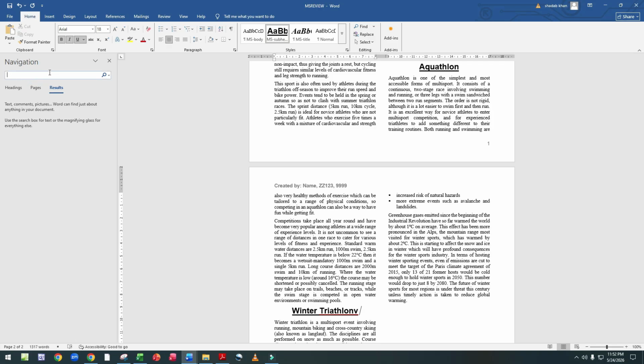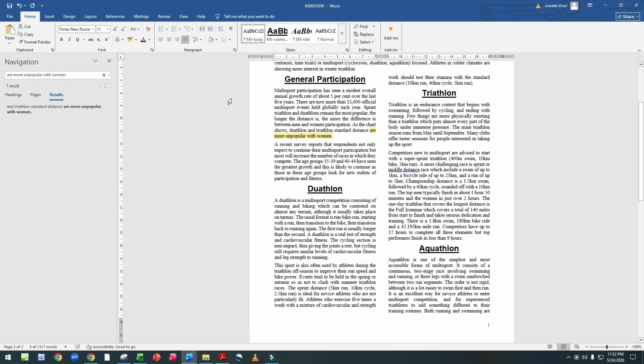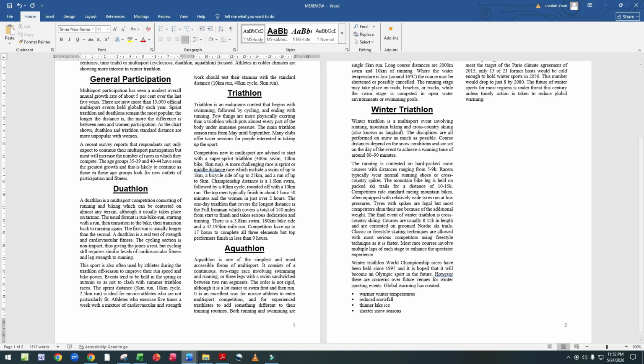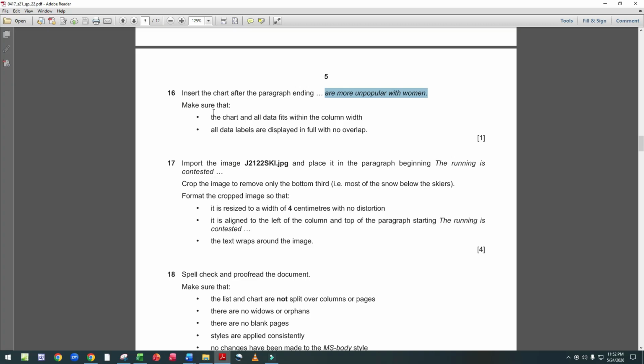Here is the paragraph. Insert the chart after this paragraph.